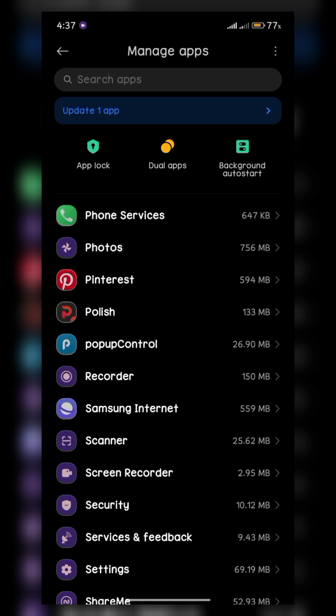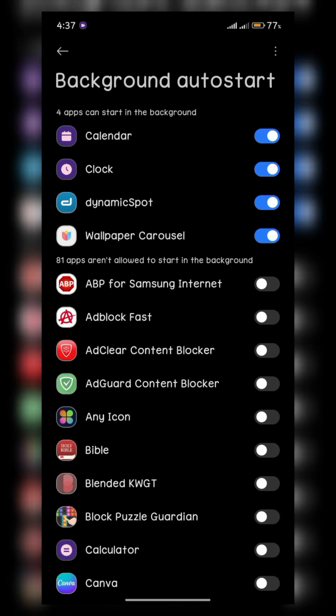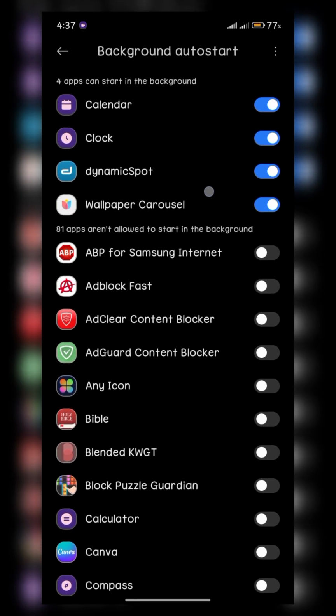And then, even Samsung internet, I don't use that app. So that's really it. And then for just an additional tip,